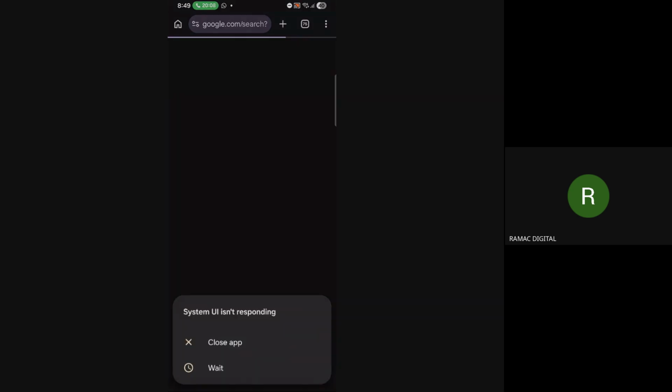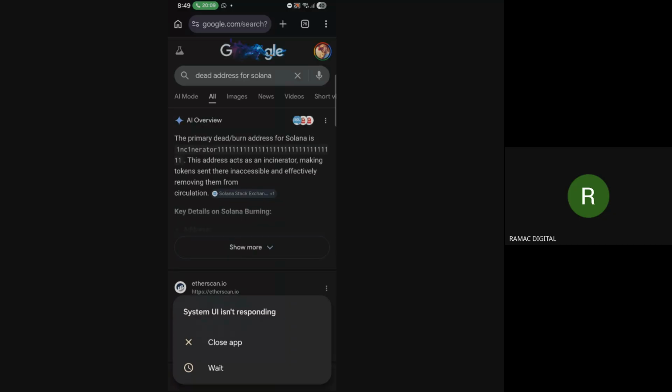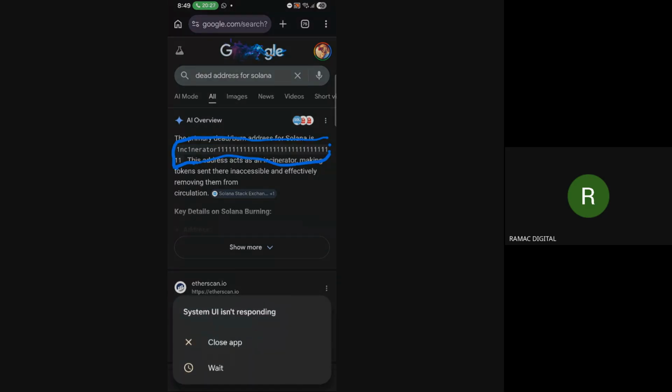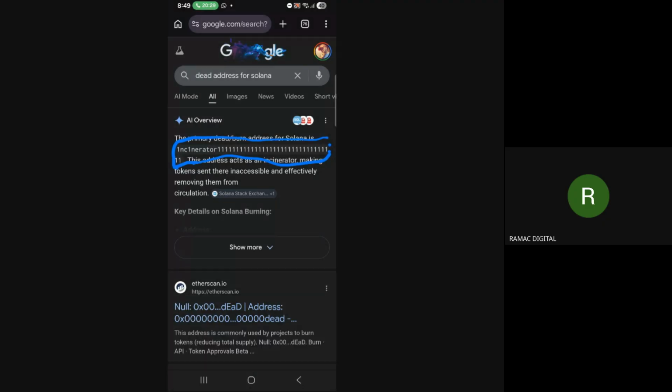So let's go back to our teaching. Now, the primary dead or burn address for Solana is this incinerator address. So they say this address acts as